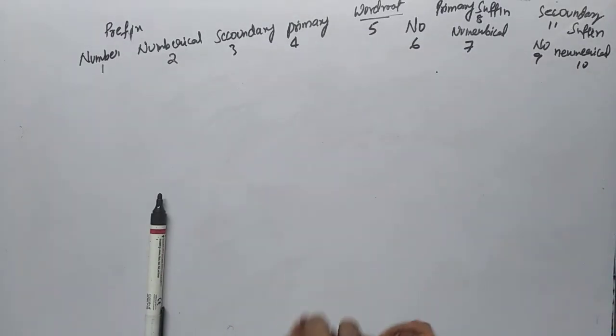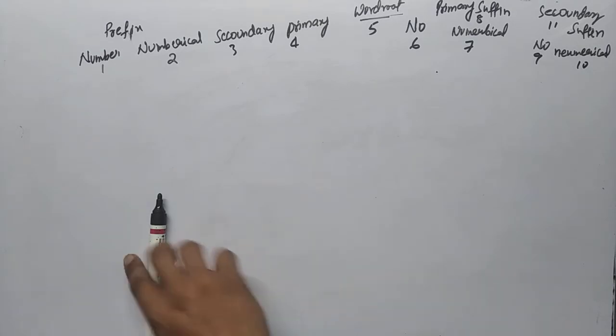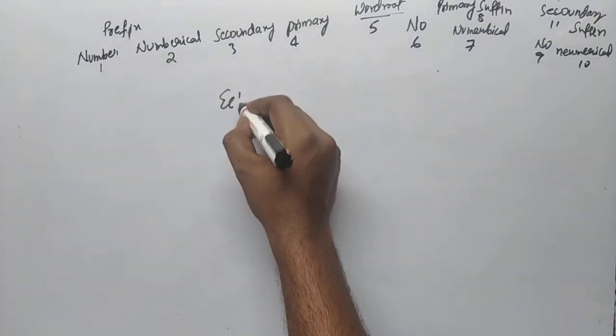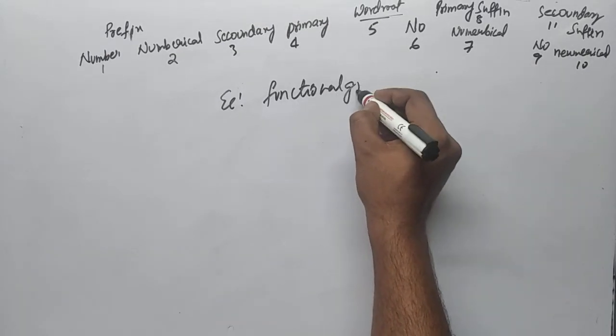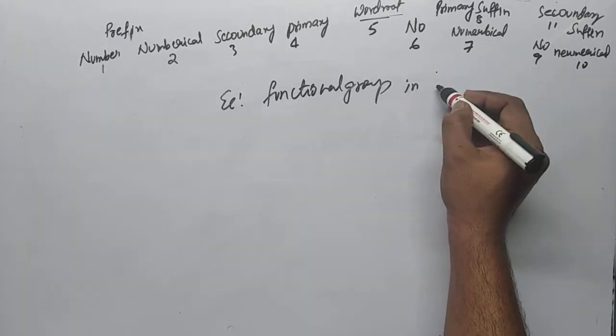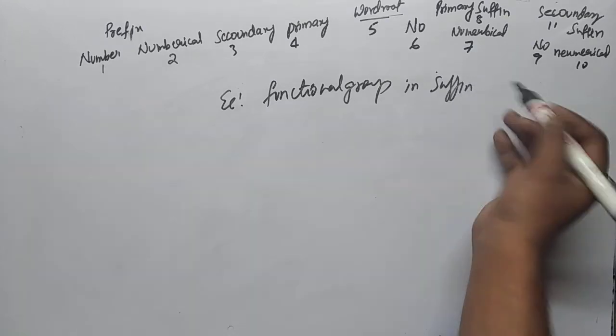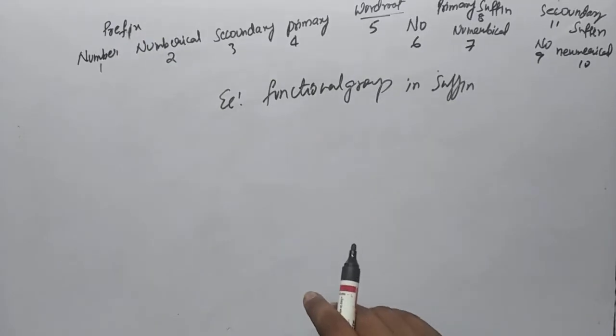So now we'll be seeing some functional groups in the suffix. Okay, now I'm just giving an example with a functional group. We'll be having some functional groups in the suffix. So the first example we'll take is alcohol. Okay, so whenever you have an alcohol,